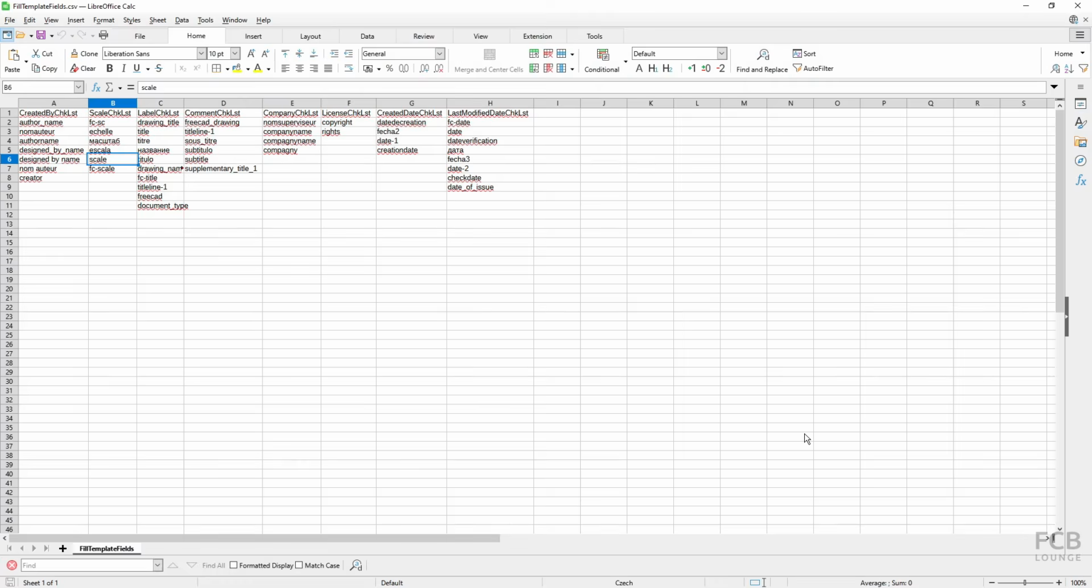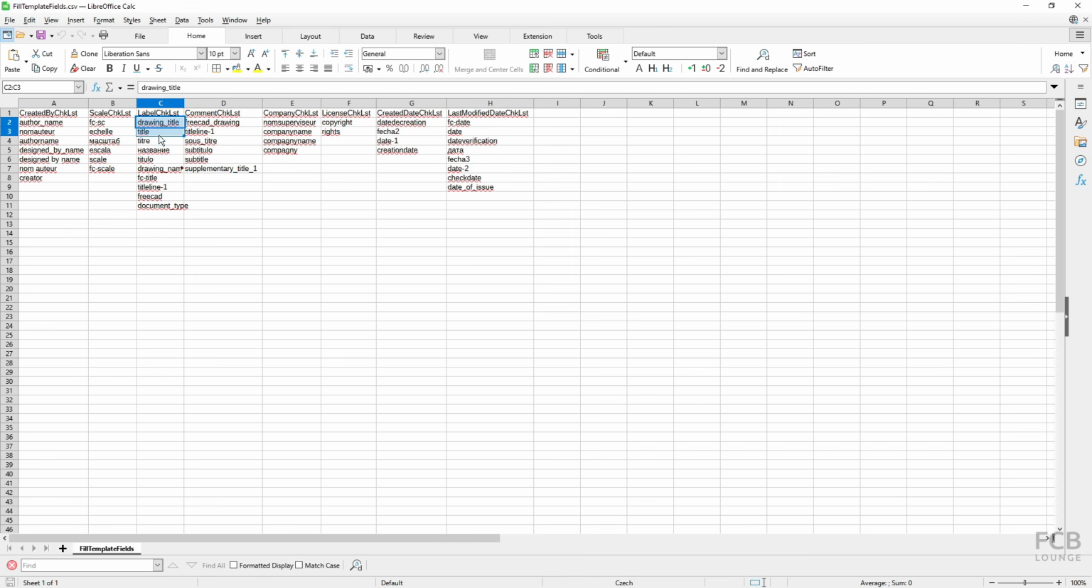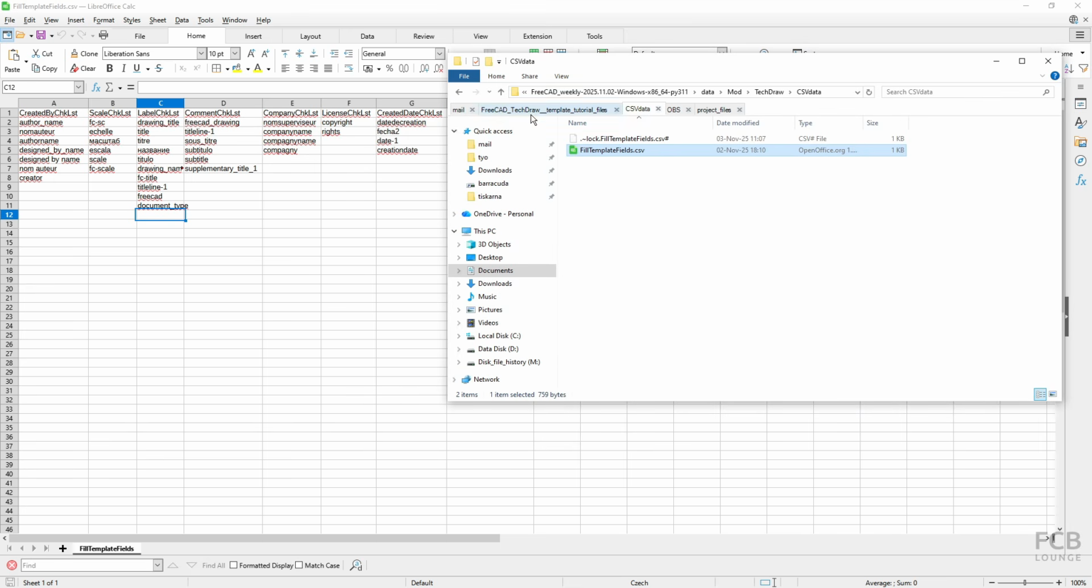And for the sheet name, you can see that here my sheet name field is named sheet underscore name, and you can see that none of these are named sheet underscore name. I could actually write a new row here with sheet name, or I can change the editable field name. So let's say I will change it to FC-title, and I will do that by going to the